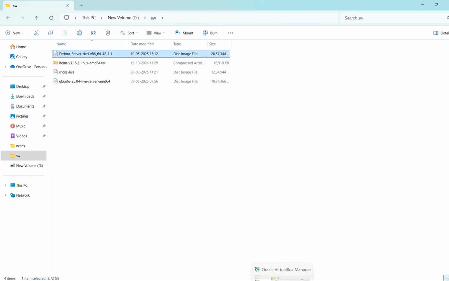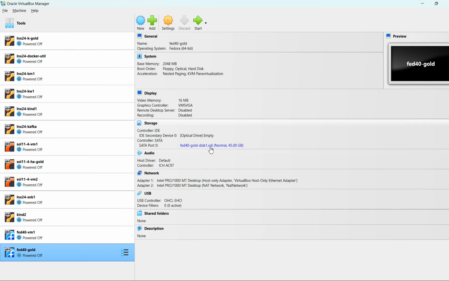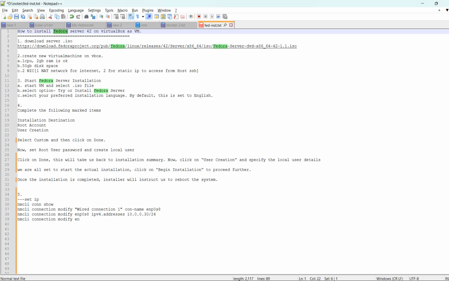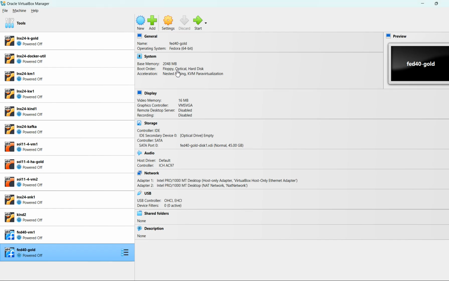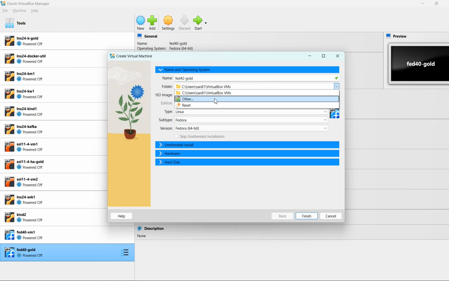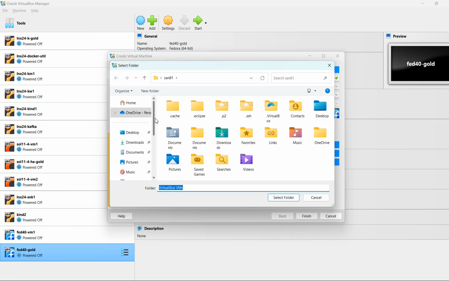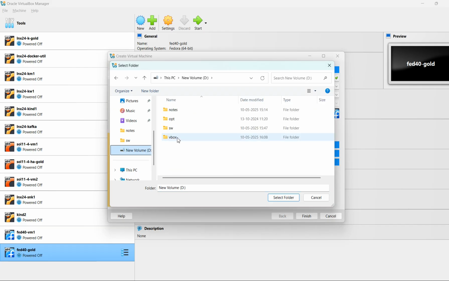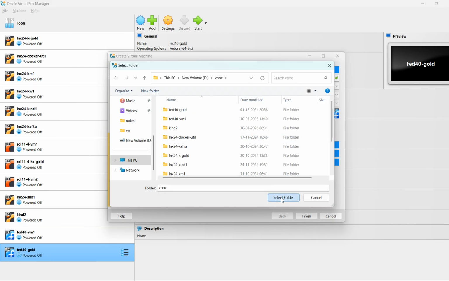Then we can start to create the virtual machine. So first we can create one virtual machine. Click on new, and we can put the name like Fedora 42 gold, and we can select where it should keep the configuration file. In my case I kept all configuration files in this directory,